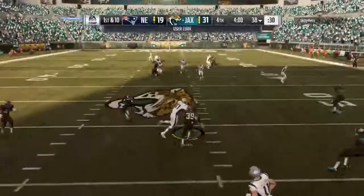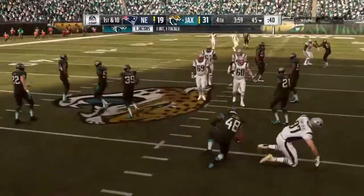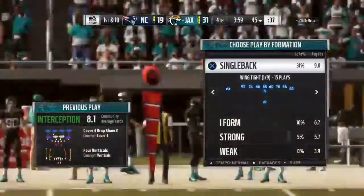Into heavy traffic, and it's intercepted. Picked off near the 44. And his crew will take...